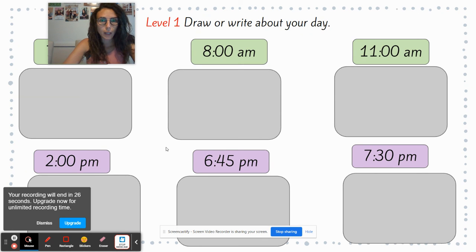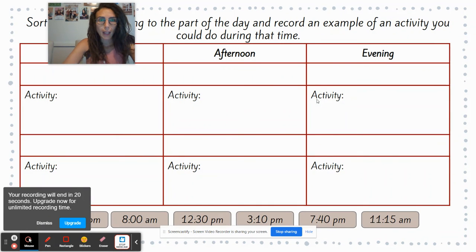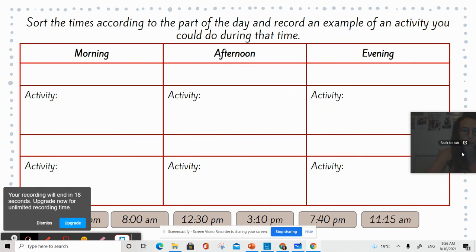If you are doing the level 1 part again, you just need to draw or write something that you do during these times. And if you are doing the next part, you have to drag the time according to the morning block and tell me an activity that occurs. So for example, at 3:10 p.m. in the afternoon, I would have been finishing school. So I'll be getting ready to finish school and take you out to your parents to be picked up. So you can think about what you'll be